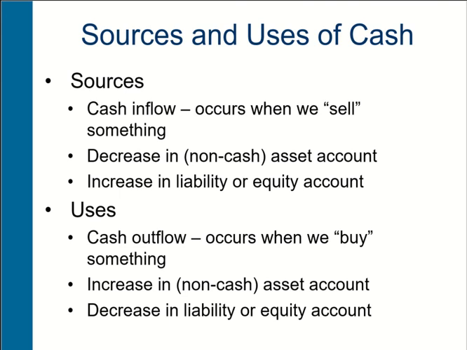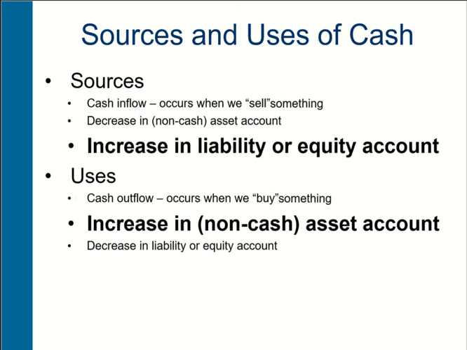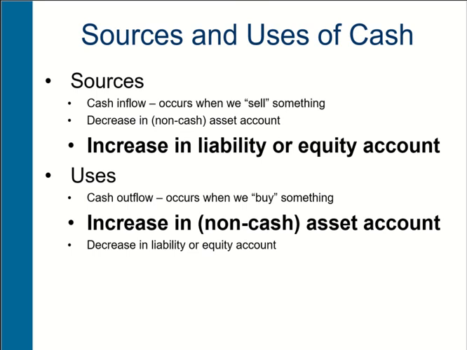Well, when you think about it, there's really two simultaneous transactions happening here. When I took the loan from Honda Canada, that represented an increase in a liability account, which is a source of cash. But instantaneously, that cash was used to purchase the vehicle. So I never actually even saw it. The whole transaction happened simultaneously. So what we have here is two offsetting transactions, a simultaneous increase to a liability and an increase to a non-cash asset that perfectly offset each other.